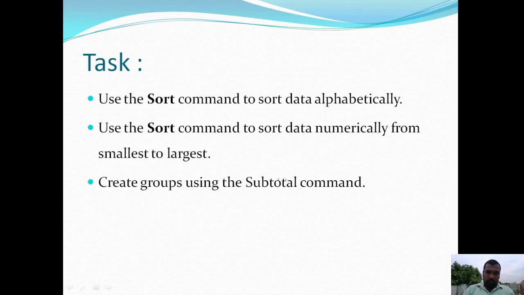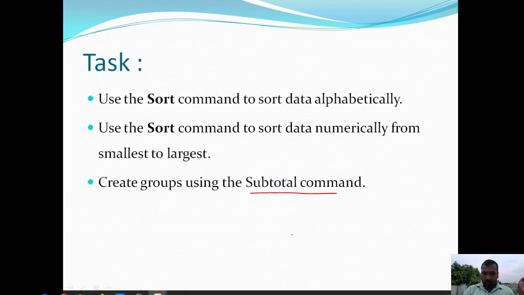Create groups using the subtotal command. So these are the tasks I am giving. If a system or computer is available, then try to perform these operations.